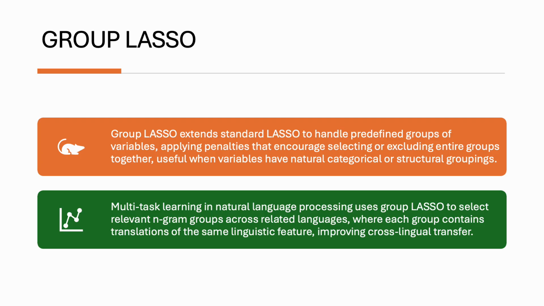Instead of keeping random individual words and making your model confusing, Group Lasso cleanly selects or rejects whole meaningful categories. This makes your final spam detector not only more accurate but also easier to understand. You can literally say this model works by checking for urgency language and excessive punctuation, rather than it uses these 47 random words we can't really explain. That's the power of thinking in groups rather than individuals.